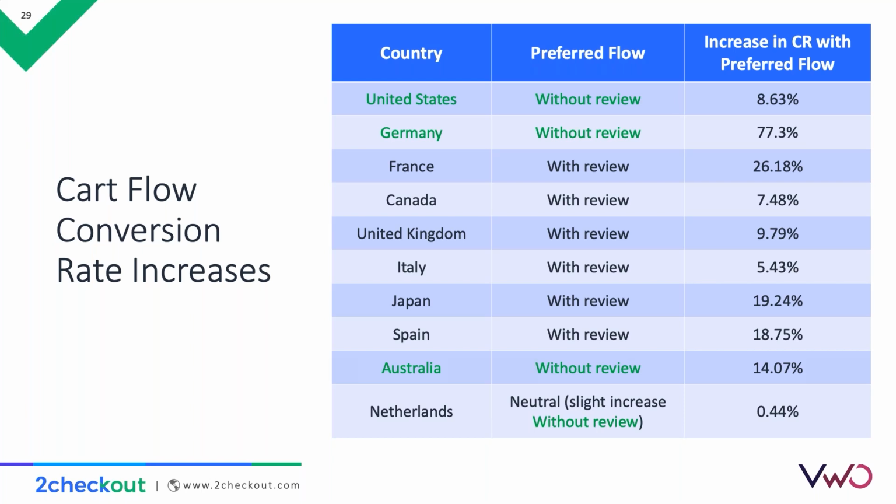Other mentions, US and Australia, are also consistently choosing a simpler flow, a one-step flow, even if not by the same margin as Germany. However, as you can see here, a lot of countries, specifically some in the EU, show a clear preference towards having a review page, so having a two-step flow. UK, Italy, Canada, France, Japan, and Spain all prefer having a review page and are showing a 5 to 20% conversion rate increase. So I think you can see from this table how simply switching and playing with that can greatly increase your conversion rate if you try and match everything to your traffic's preferences.